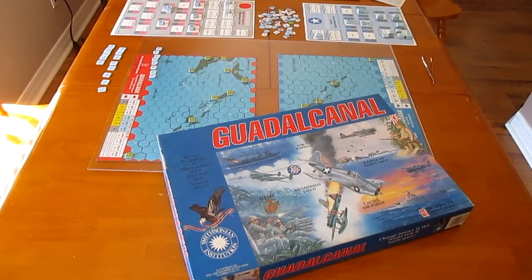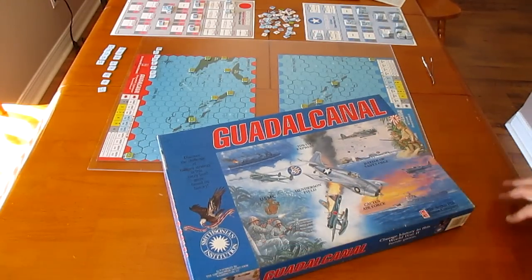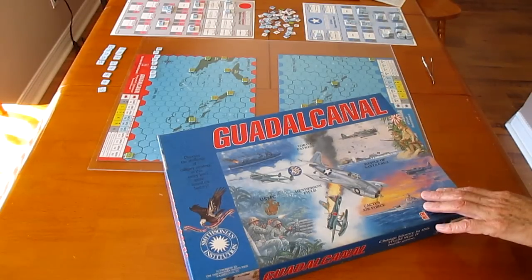Okay, we're going to take a look at the game Guadalcanal, and it was designed by S. Craig Taylor, and it was published by Avalon Hill in 1992. Now this game is part of Avalon Hill's Smithsonian Institution series, and I think they were aiming at the introductory game market. I don't know how successful they were with that, because